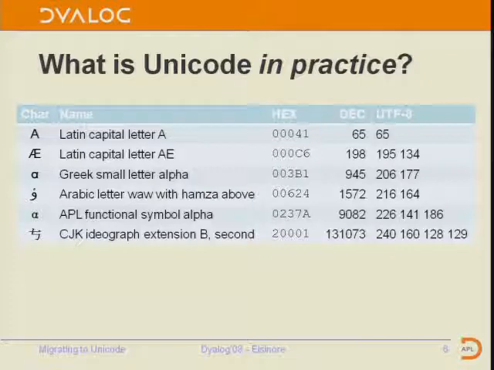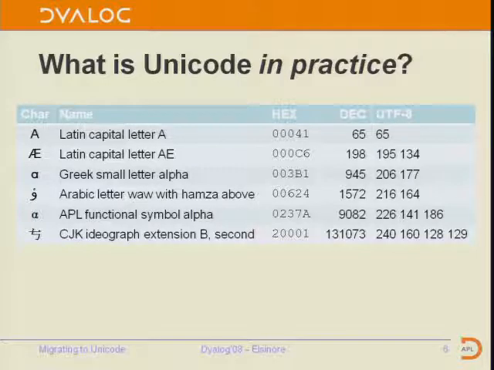The first one there, A, is part of ASCII, part of ANSI, a character that we're all very familiar with. The columns here: the first one is just the symbol. The second one is the official Unicode name of that symbol. Typically when you're working with Unicode, looking it up on the internet or whatever, it'll be the hexadecimal representation of the Unicode code point that you're looking for.